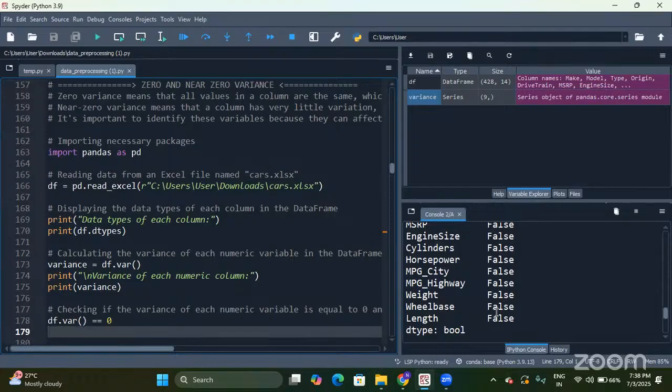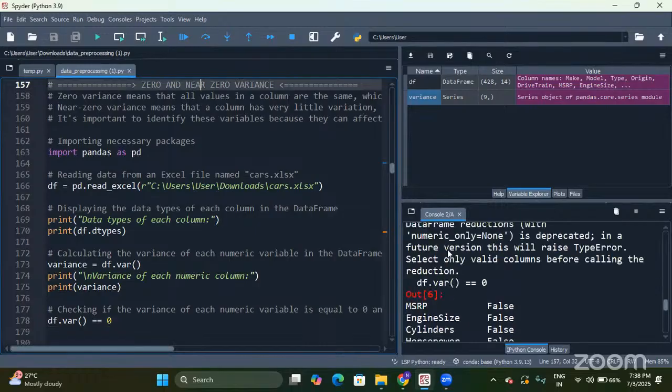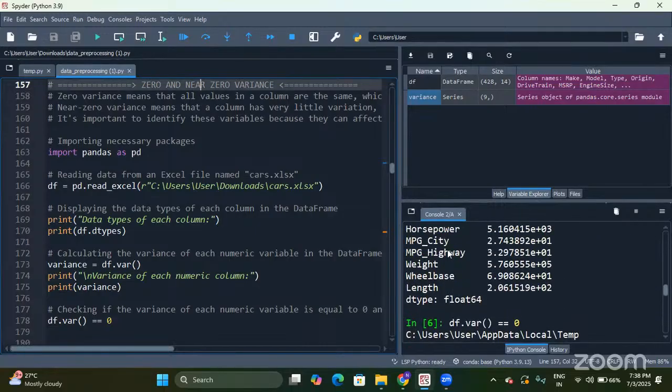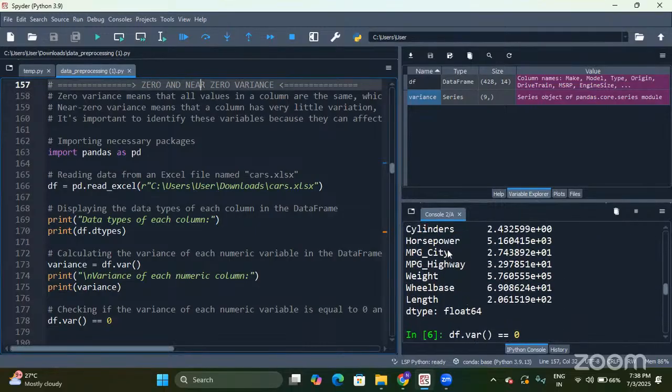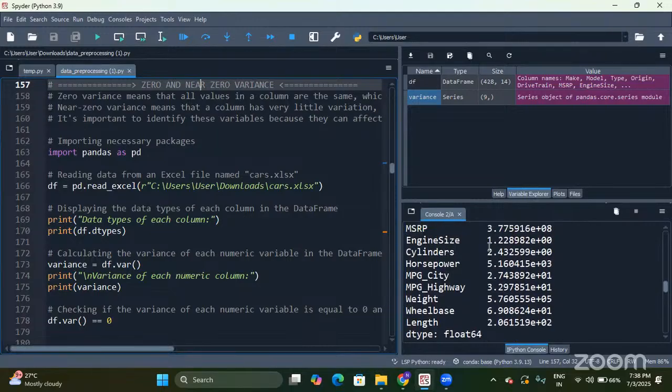But again, coming to the point, we also have it as near 0, right? You can ask the question. We have none of the columns with the value as 0. The variance value is not 0. But there are a few columns like engine size and cylinders. These columns have the variance value close to 0: 1.2, 2.4. But why we will not drop such kinds of columns is that when you want to drop a column in